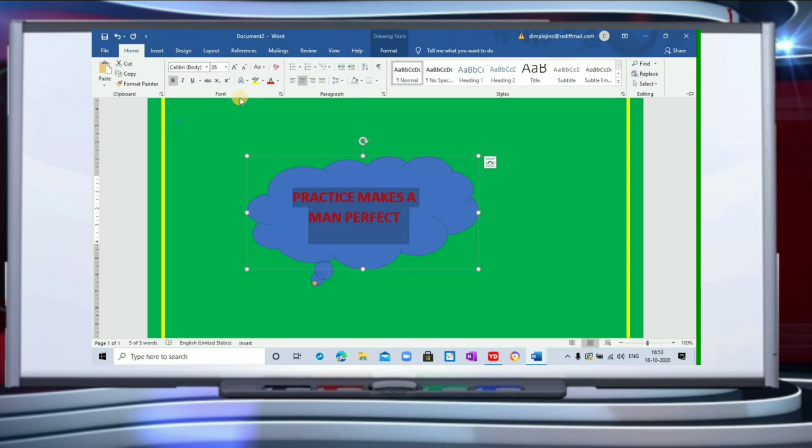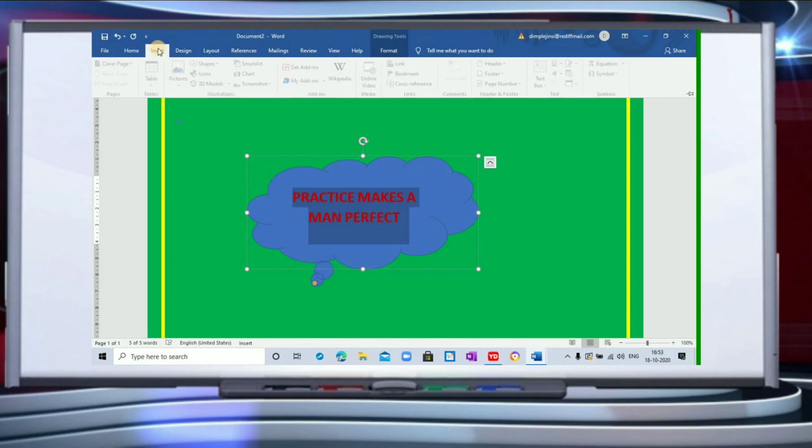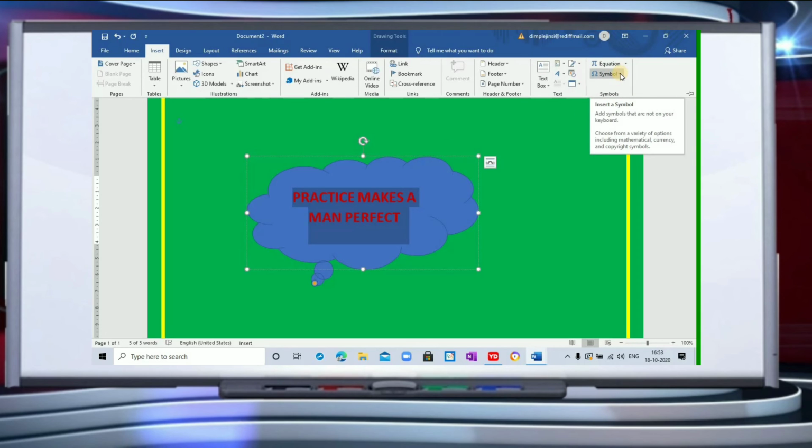Next, we have one more option here, that is symbols. When we click here, you will find so many symbols. Generally, if we have to multiply, we use the star option on our keyboard. We don't have a proper multiplication sign there. But in maths, when we do sums, we require the proper multiplication sign, so for that you need to come here.